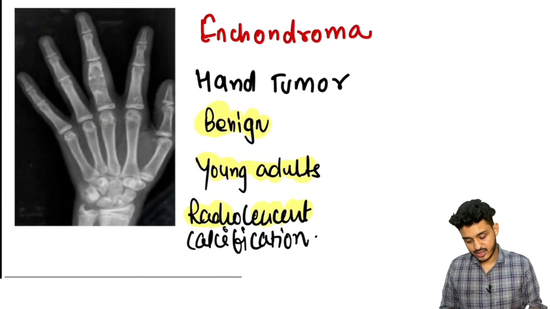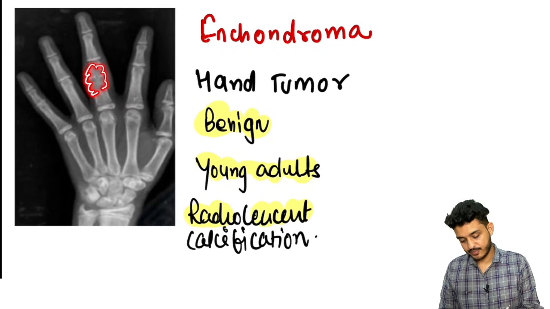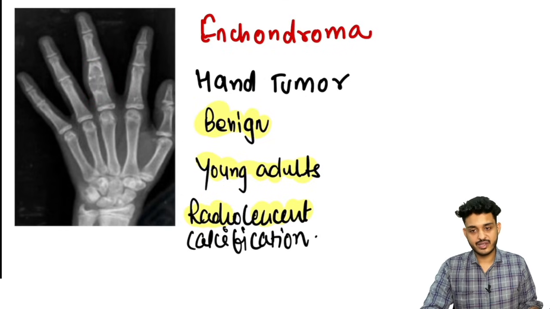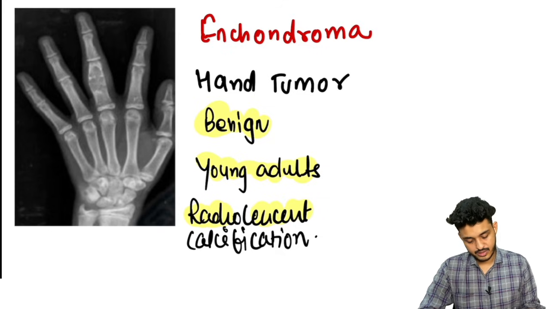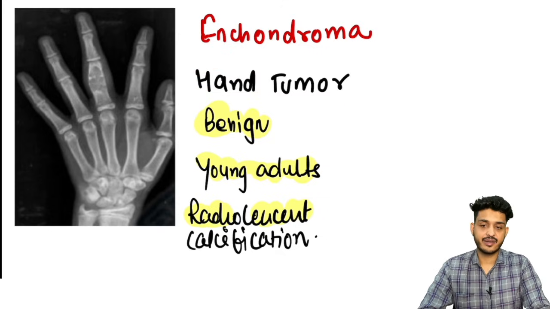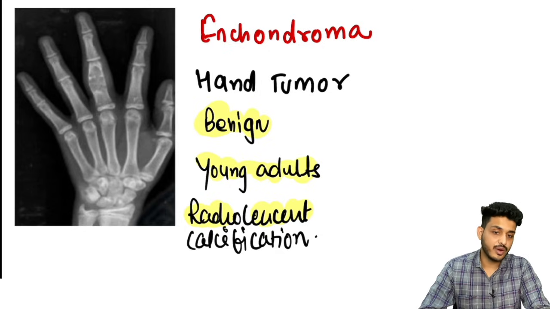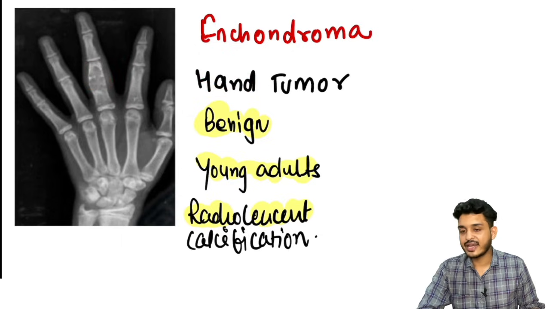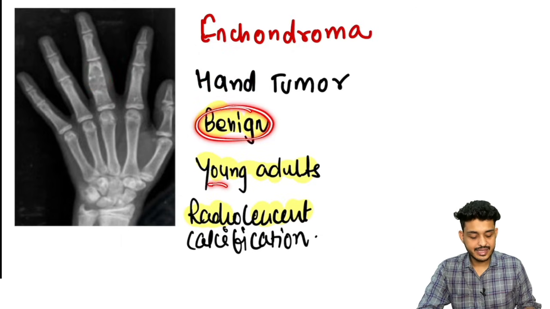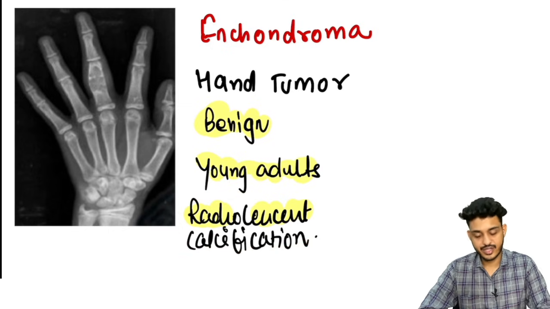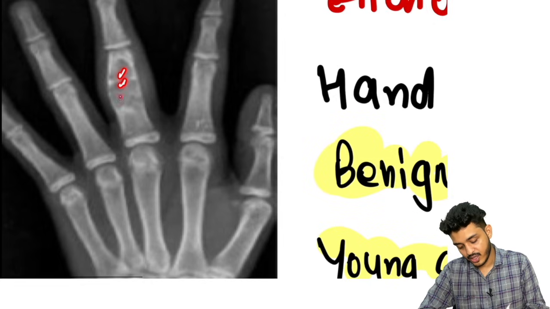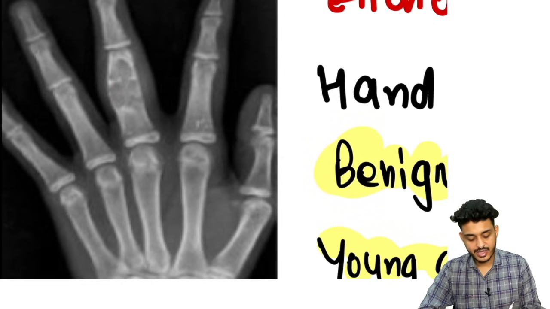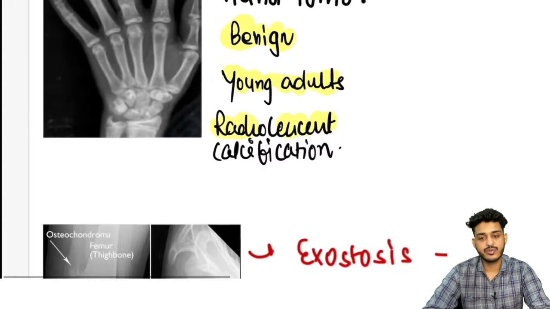Then we have this enchondroma, beta. This is the enchondroma that we are having. It is the most common hand tumor that we have. Most common cancer of the hand is squamous cell carcinoma, but this is the most common hand tumor. This is known as enchondroma. This is benign, seen in young adults, and it is radiolucent with calcification. You can appreciate the radiolucency, some blackening, along with calcification on the borders. This is going to be your